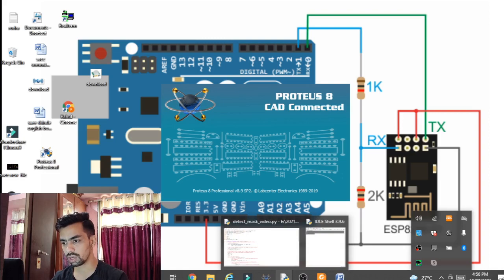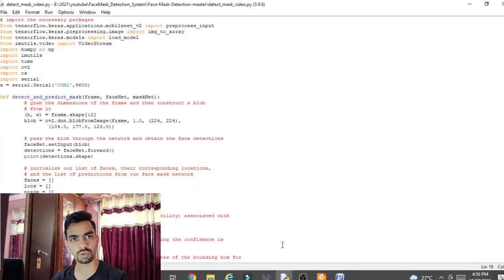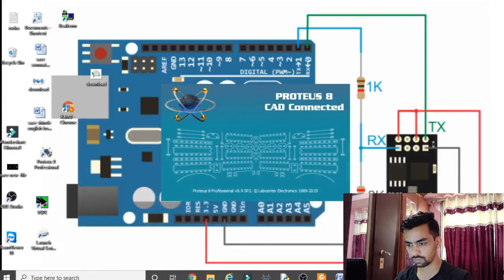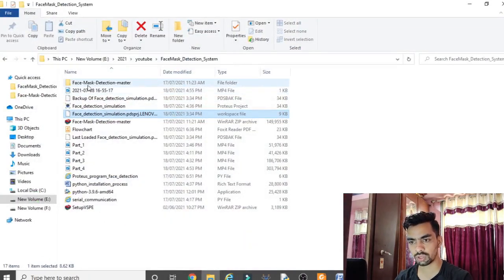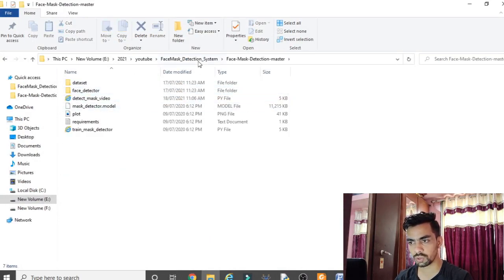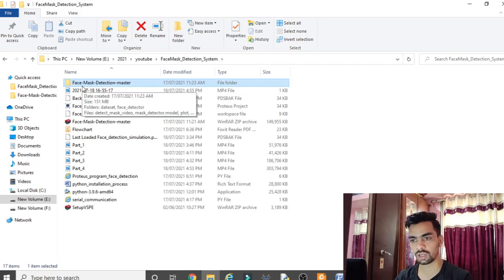Now next part is your Python code that will be used to detect the mask. For that you require one folder. I will add this folder in Google Drive. You can download this folder directly.